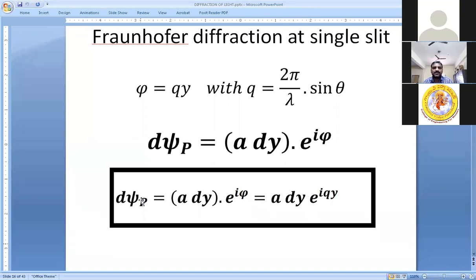So this d psi p is the differential disturbance created at point P, right? I'm using the subscript P only to indicate that it is happening at P. D psi is the disturbance. Of course, I cannot express the disturbance in centimeters or something, because I'm talking about light, Amma. Light is an electromagnetic wave, and we talk only about the electric field associated with the wave. I repeat, we talk only about the electric field associated with the wave. You may think that y equal to a sin phi, y equal to b cos phi, etc. are the ways to represent light waves.